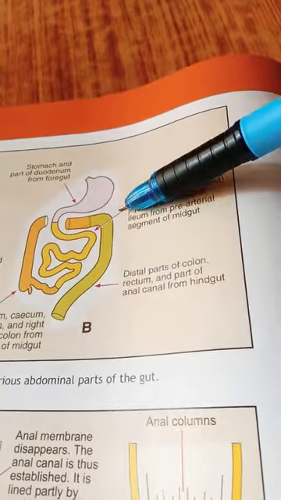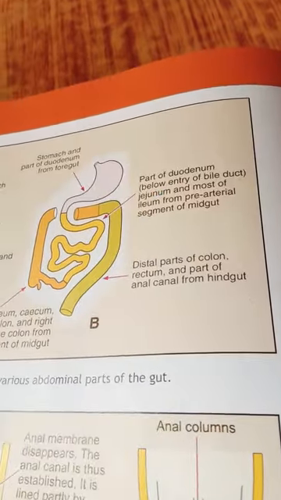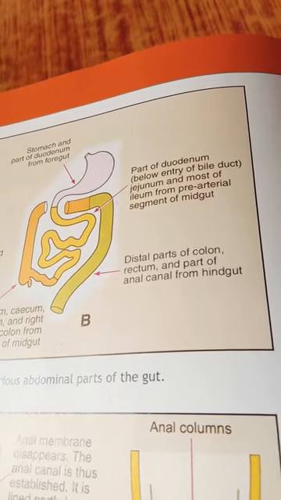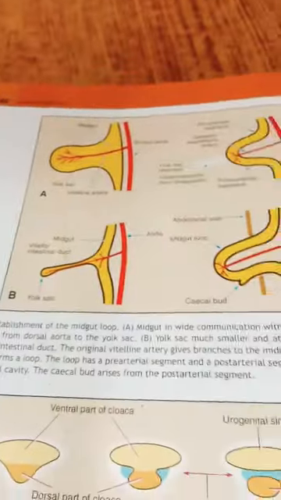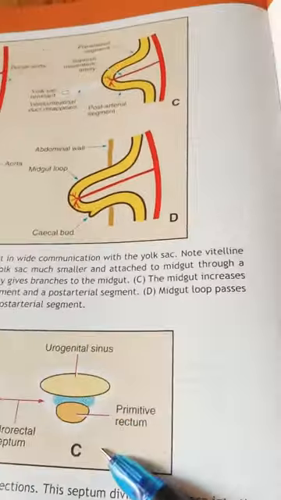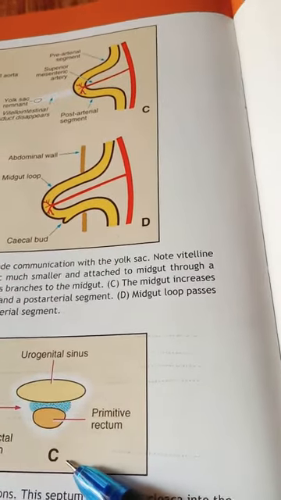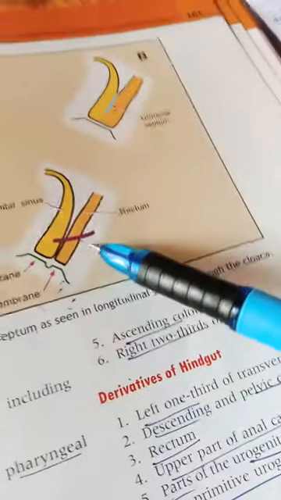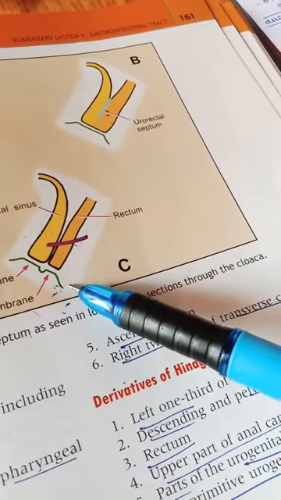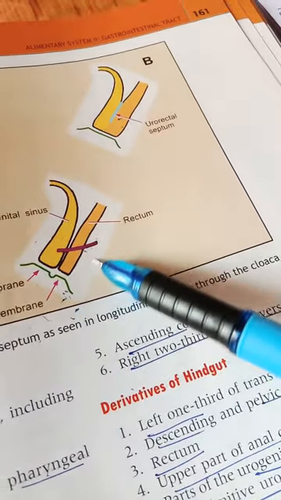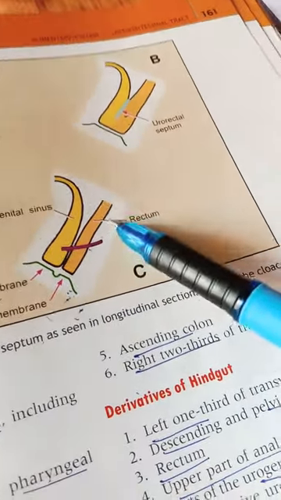And we know the descending colon is purely from hindgut. So these colors you can see here, what they are differentiating. And the rectum, you know, is mainly from the primitive rectum, that is the dorsal subdivision of the cloaca. So we know the dorsal division of our cloaca is nothing but forming a primitive rectum, right? And the upper part is mainly derived from the hindgut, which is proximal to the cloaca. That is about the rectum. So here you can see this is the rectum. They are saying that our rectum is derived from the primitive rectum, that is the dorsal subdivision of the cloaca, and the upper part is derived from the hindgut, which is proximal to the cloaca.